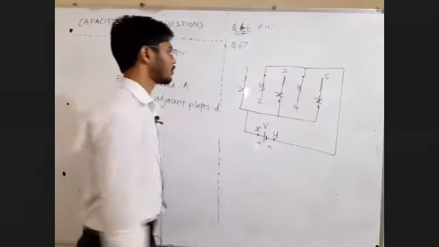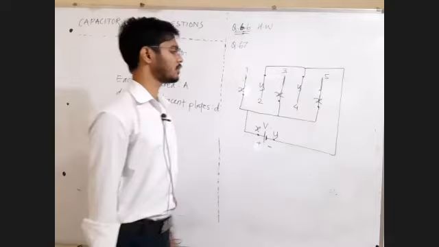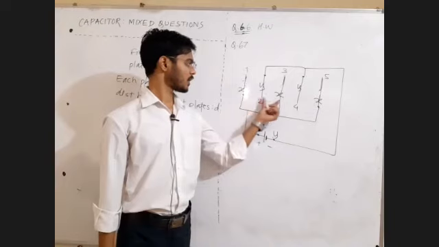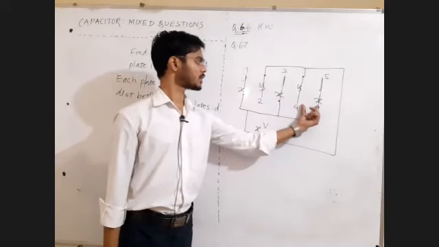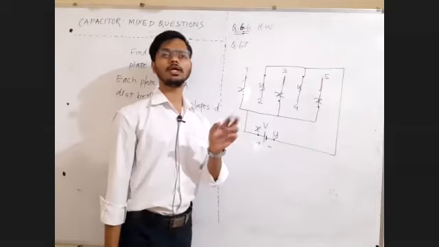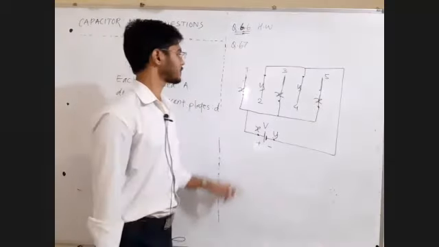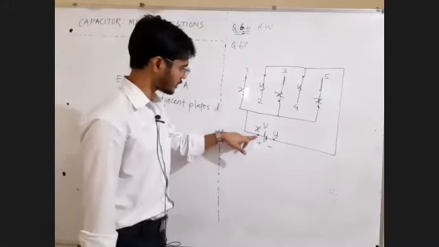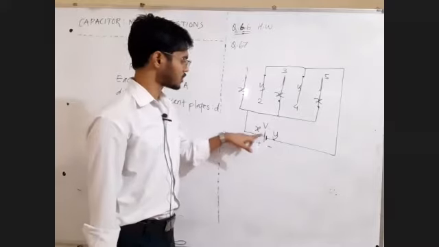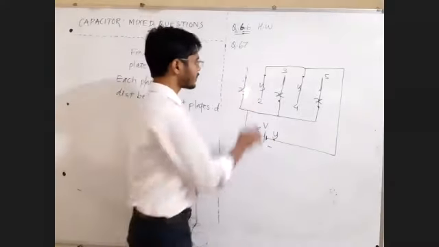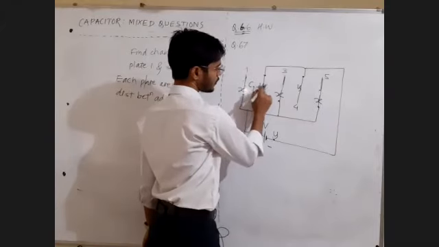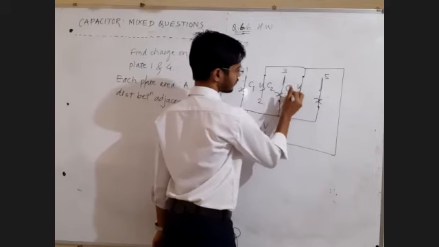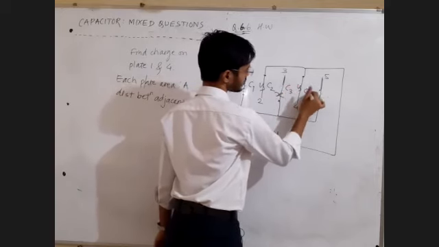Now the capacitance will be formed only between adjacent plates, and it will be formed only if adjacent plates have different potential. Yes, point X has a different potential, point Y has a different potential. X ला काहीतरी वेगळं potential आहे, Y ला काहीतरी वेगळं potential आहे. So these are two different points. Between points X and Y, the first capacitor will be formed. Between Y and X, the second capacitor. Between X and Y, the third capacitor. Between Y and X, the fourth capacitor.